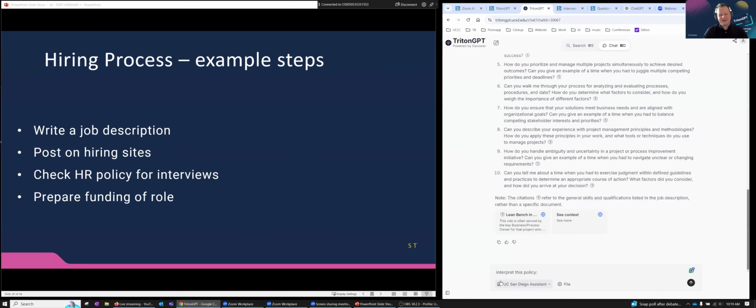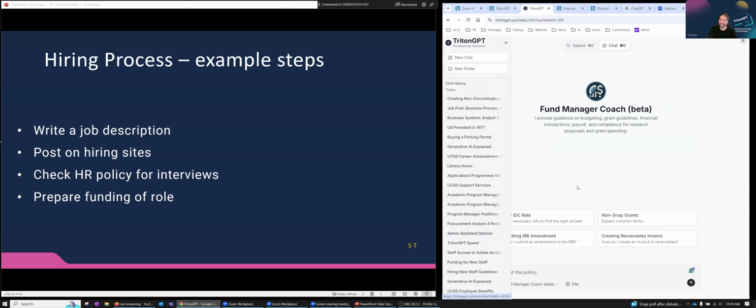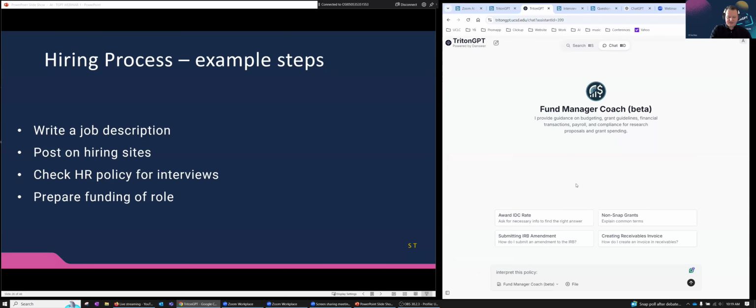Yep. To answer your actual question, let's switch gears a bit and pretend that we've just hired a fund manager. And we could say something like, I'm hiring a new fund manager. Can you create an outline of maybe a ramp up plan that includes some materials that they should read and be familiar with? And while Tony types that,